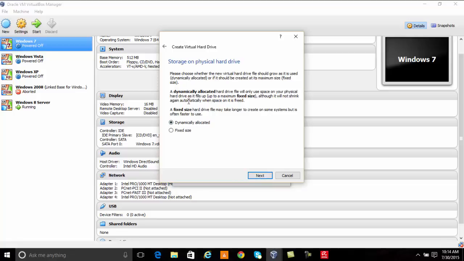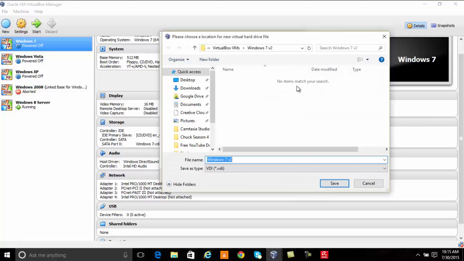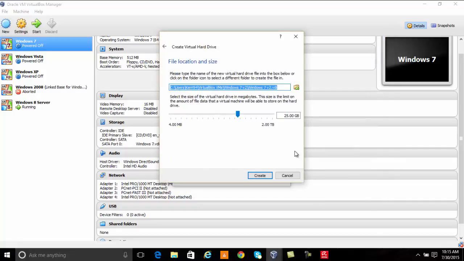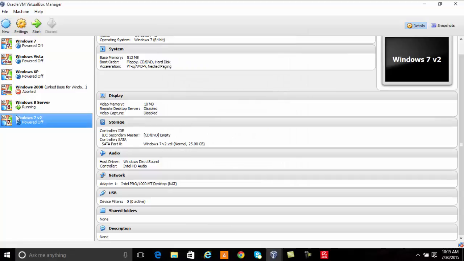I'm going to leave it as default once again. Just check the folder where I want to store it. Click create. I can see this is the machine that I have created. Alright, before booting it up so that I can deploy the Windows 7 OS onto it, I need